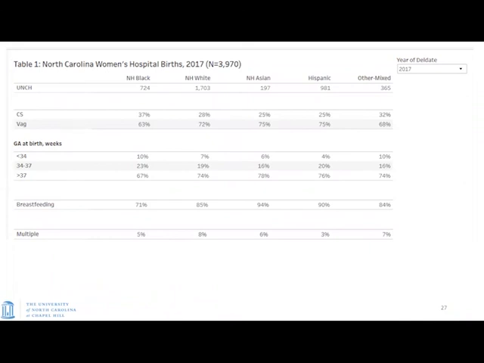A typical Table 1 is one of the first things that people put in their peer-reviewed papers, because this is a way to explain populations. But then again, we can create a dashboard or a report that shows this just by changing years. I'm changing from 2017 to 2018.